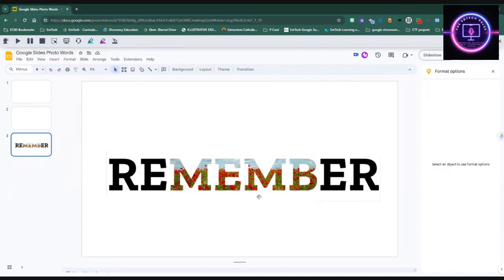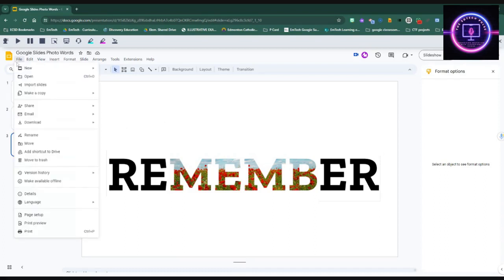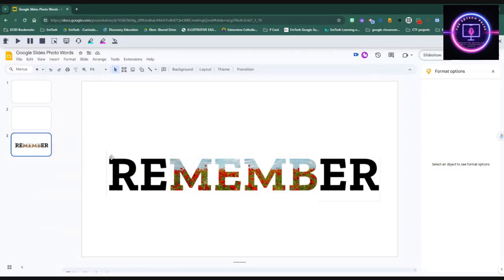So that is a quick walkthrough of how to make a photo word. But what is a photo word if we do not share it? So a way to get this into another form is to download it as a PNG. You can then save it, and then students can share, or we can put it up as a word collage within the classroom. But I hope you see the ways that a photo word can allow students to represent their understanding,